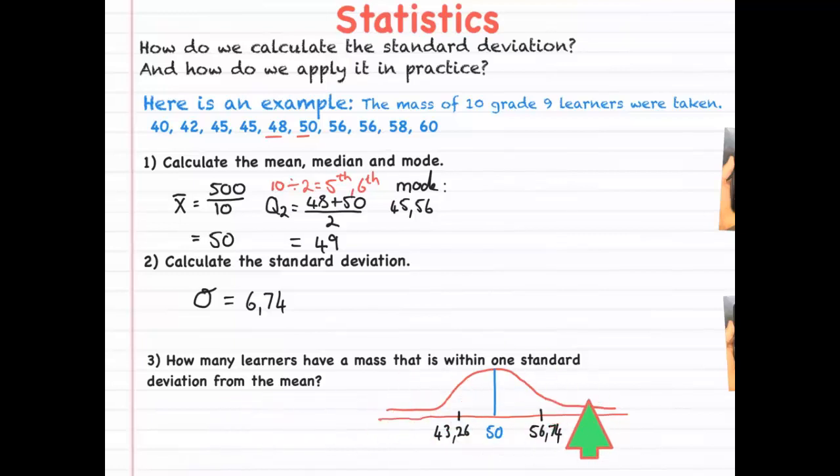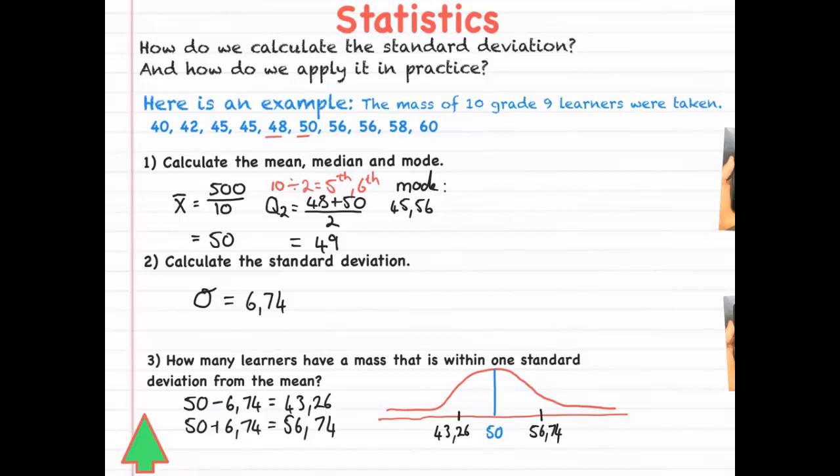Now, that was the explanation. How are we going to write it? So what we need to do is first find our 1 standard deviation lower and our 1 standard deviation higher. And you actually have to show that calculation. So we are going to take 50 and we are going to minus the standard deviation 6,74, and that gives us an answer of 43,26. Then we're going to take 50 and we're going to add 6,74, and that's going to give us an answer of